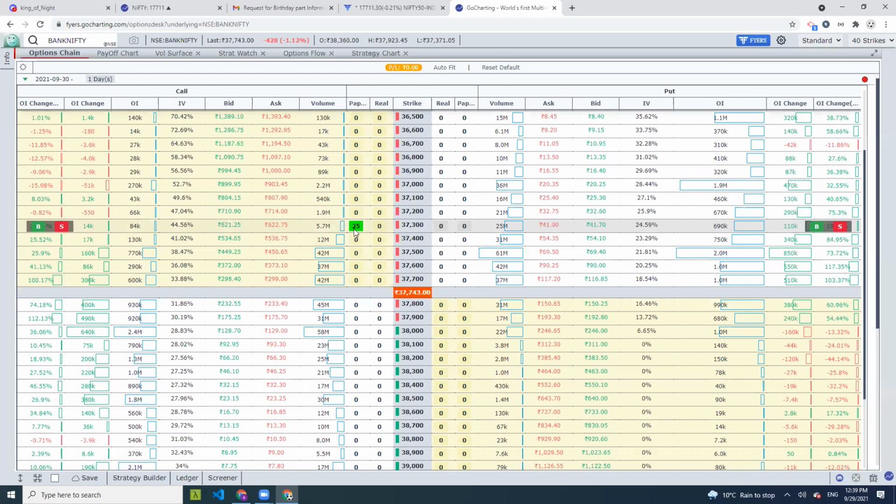option chain. So you can now see the position that you have taken directly on the option chain, and these red and green marks will show you the PNL. Basically this is a tabular form of the payoff chart. Red means at that strike price you will be in loss, but green means you will be in profit.